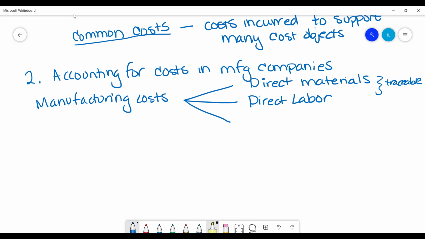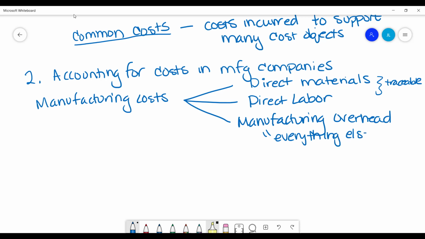But then what about the stuff that isn't really easily traceable to a unit of product? That's what we'll call manufacturing overhead. The easy definition for that is, well, if direct materials and direct labor are the material and labor costs that are easily traceable to a unit of product, manufacturing overhead is just everything else. In other words, if direct materials and direct labor are their own category, and this third category is everything else, this is basically your indirect materials, right? Those materials I can't easily trace to a unit of product,